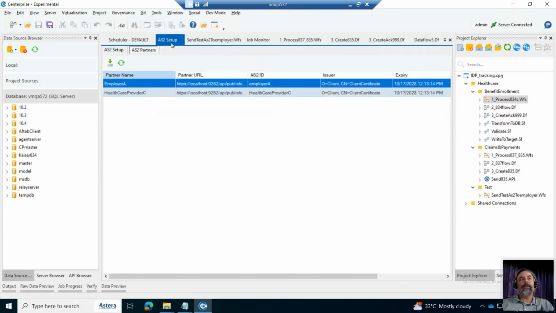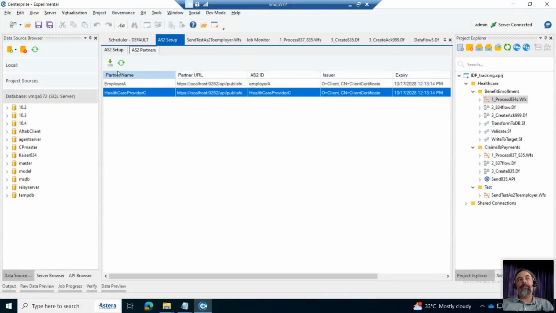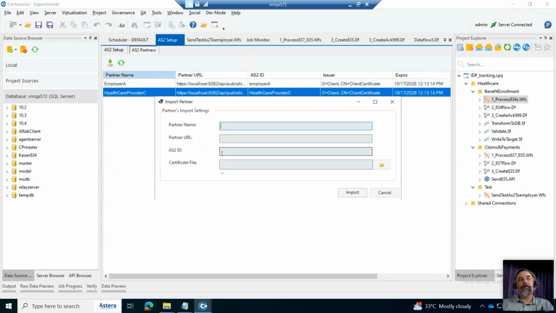So here we have this AS2 setup where we have employer A, healthcare provider C, and this is where we handle all of the details for how we communicate with that partner, whether that be the credentials, the protocol that we're using, or security. With AS2, you're going to trade certificates back and forth. All of that is managed in one spot here on the screen. Okay, so let's go ahead and move to the next part,